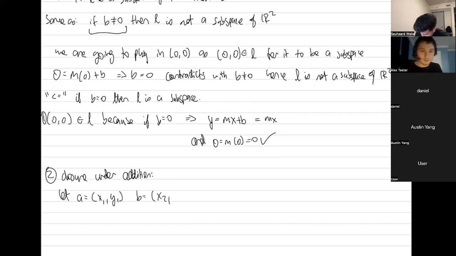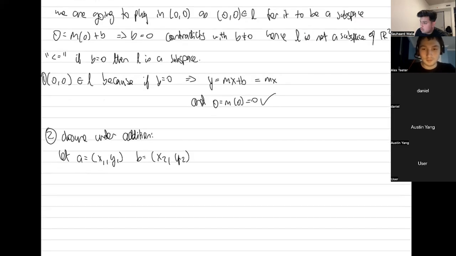Yep. And then for the first part, we first showed that 0 is a part of the subspace. Yeah, it's a mix of both. And now we need to show closure under addition. So we've taken two elements, (x1, y1) and (x2, y2), and we're going to show that the addition of those two will be a part of L. So we need to show,